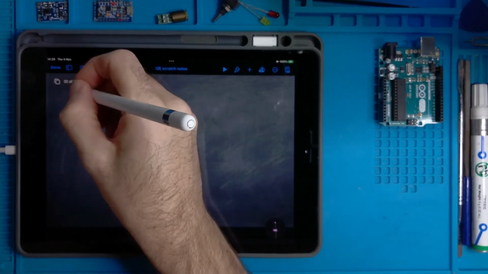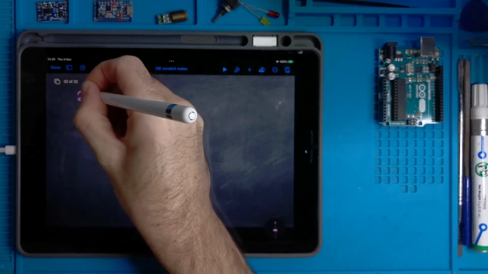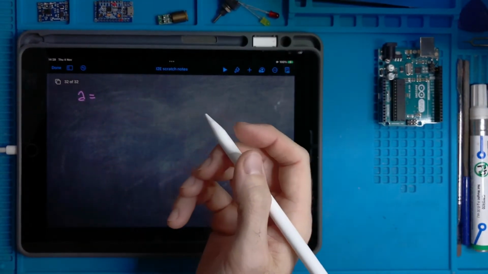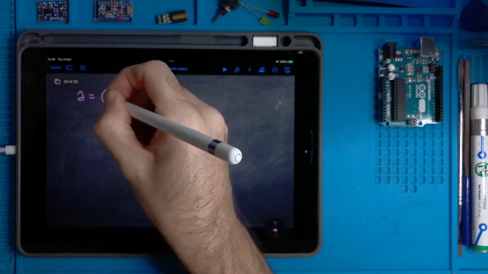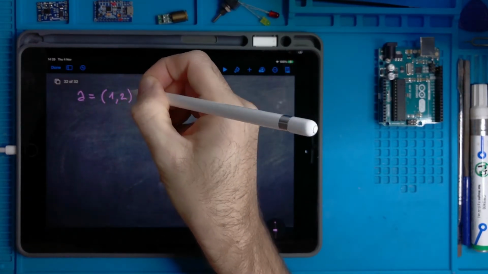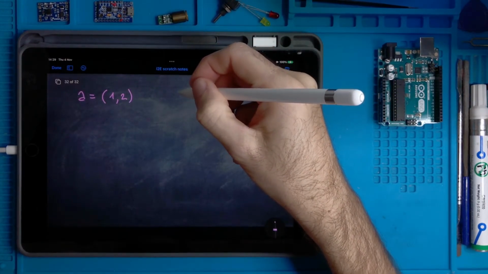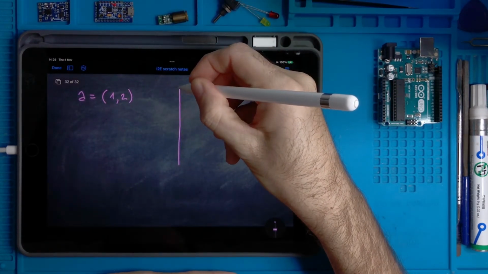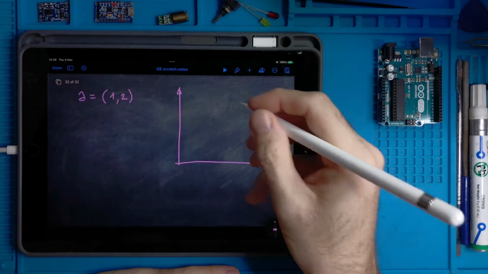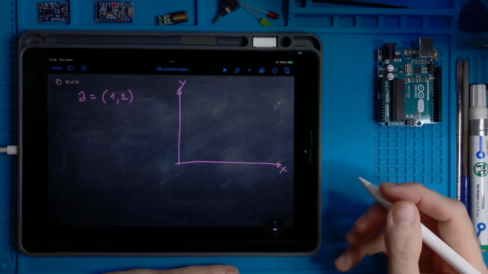So let's say we have a vector A equals, let's do the two-dimensional case, for instance, 1, 2. Let's draw this vector here, x and y.